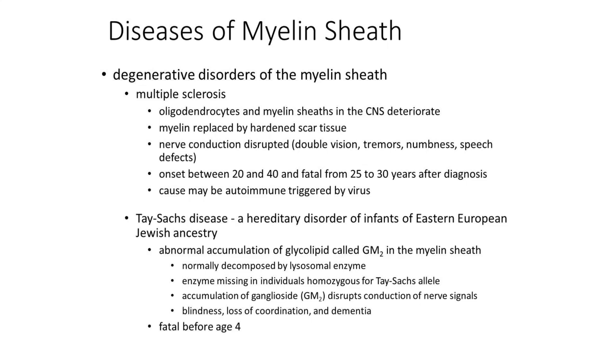There's also something called Tay-Sachs disease, and this is a hereditary disorder of infants that we see usually in people of Eastern European or Jewish ancestry. And this is an abnormal accumulation of a glycolipid called GM2 within the myelin sheath. This is normally decomposed by a lysosomal enzyme, but the enzyme is actually missing in people that are homozygous, meaning they have two alleles for Tay-Sachs. So instead of having the enzyme that would normally break this down, you see an accumulation of it, and that is a problem. This accumulation disrupts the conduction of the nerve signals, just like we saw in multiple sclerosis